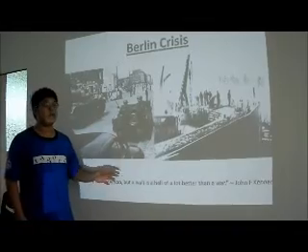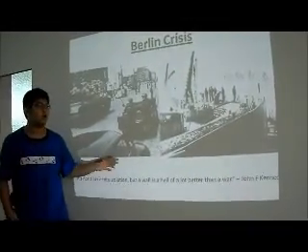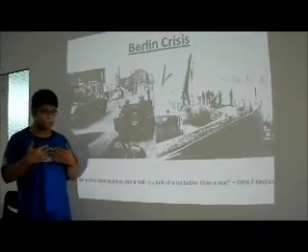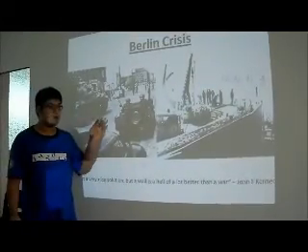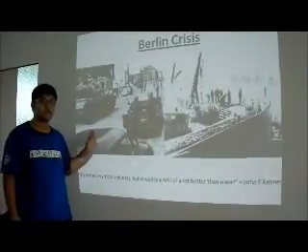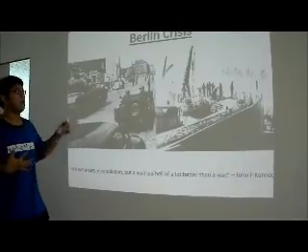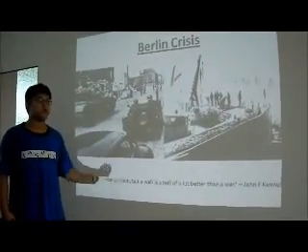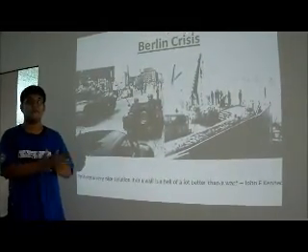John F. Kennedy and Nikita Khrushchev, the premier of the Soviet Union, had reached an agreement to build walls to avoid both parties going to the opposing side. So it prevented West Germans from going to East Germany and East Germans from going to West Germany. So this Berlin crisis was the start of the construction of the Berlin Wall to stop people from moving outside of their territory.